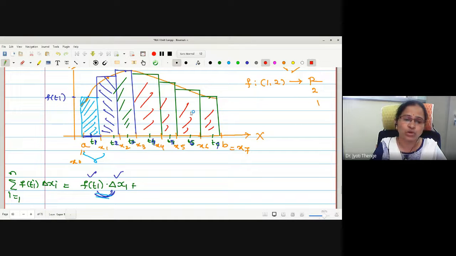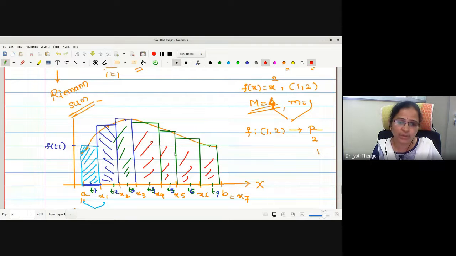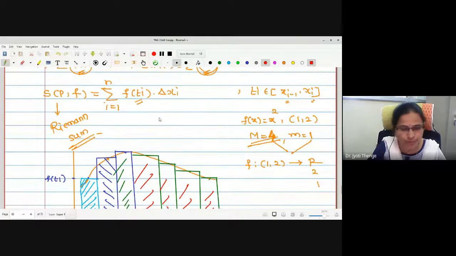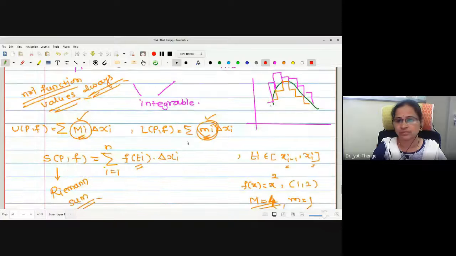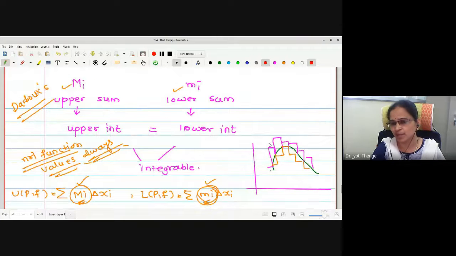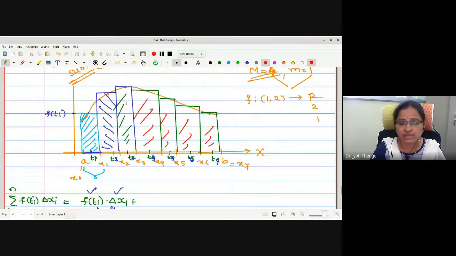Therefore here you can observe very easily some area covered by this Riemann sum is some part below the curve and some part is above the curve. Correct now? Therefore one can say this is just like a mixture of your upper sum and lower sum. Upper sum is exactly above the curve, lower sum is exactly below the curve, but that of Riemann sum, some part is above the curve, some part will be below the curve. Again, what will be the criteria of integrability then?